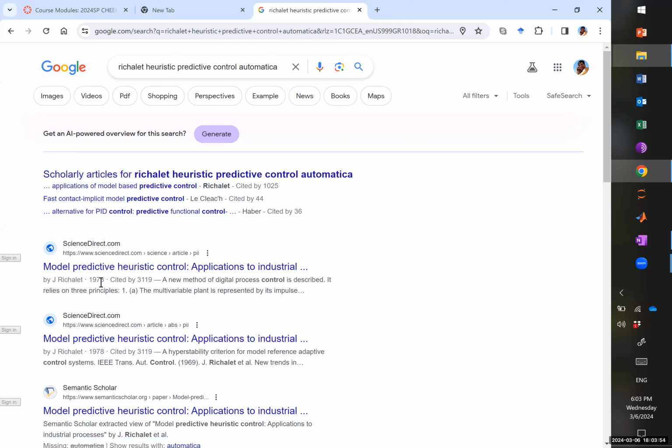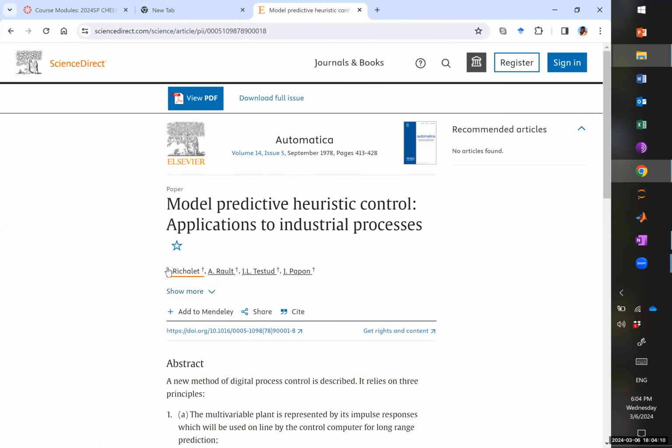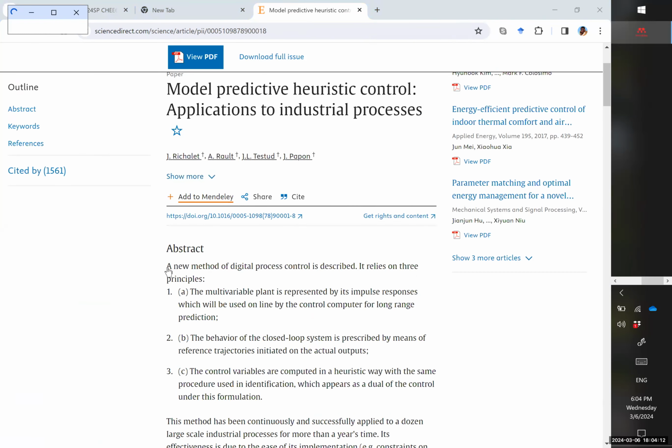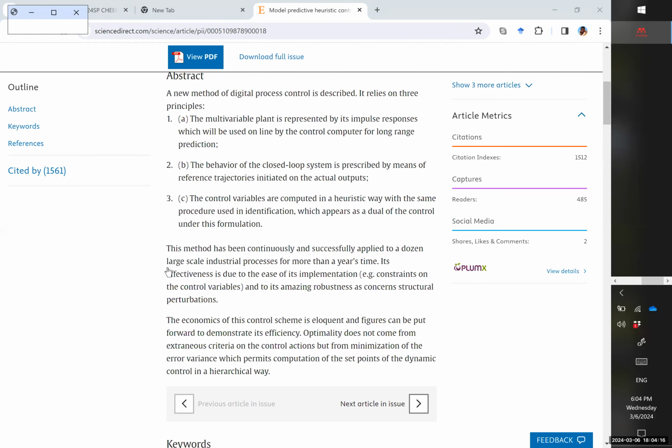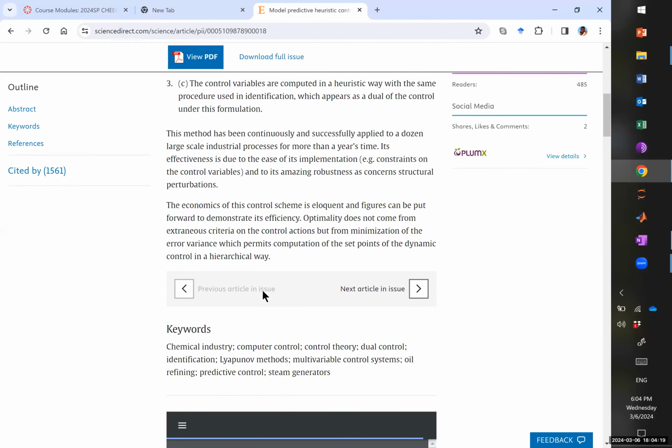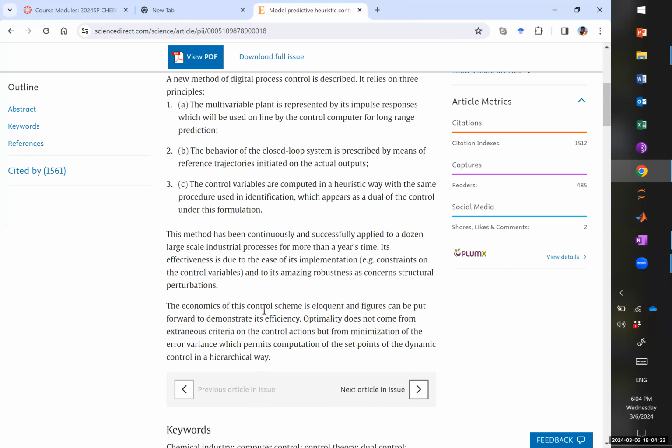You see it has over 3,000 citations. It's a historical paper that ushered in the era of model predictive control. And in that paper, clever engineers came up with the idea that you can do all these things. You see the abstract is available. You can read it easily from its source. In that paper, these engineers said, well,